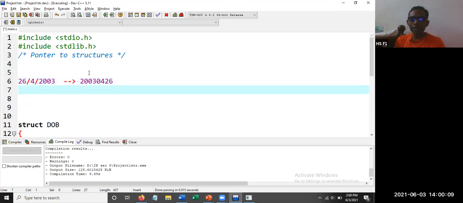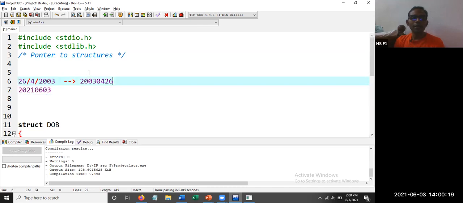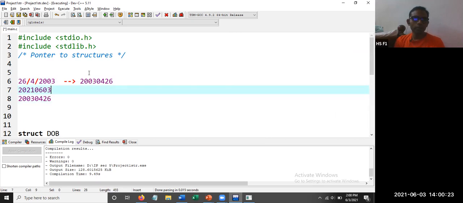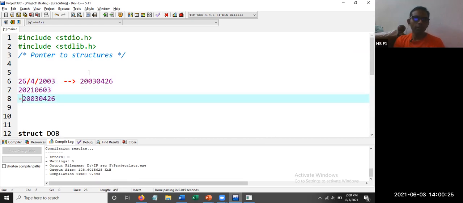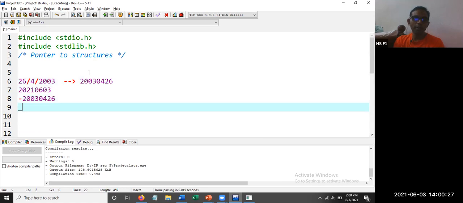Now current date is 2021, month is 06 and date is 03. Now what you have to do, take this number and subtract this number. So do subtraction and get the number of days.